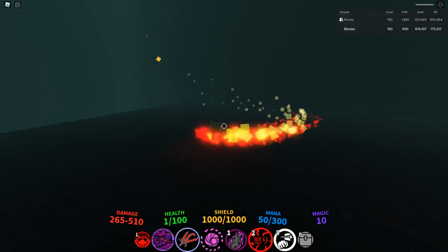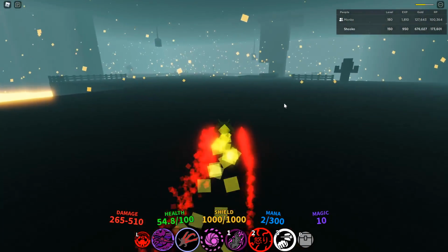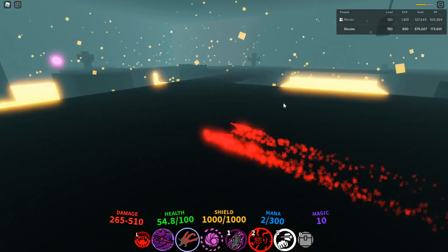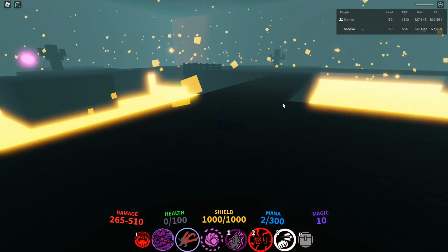Just farm him until you get the key. There we go. There is the flesh key. This is what you need, so at this point you might as well just reset or go to the closest arsenal, because what you're gonna do is equip it into your active slot, and then you're gonna actually jump into